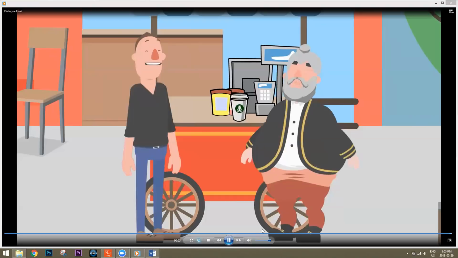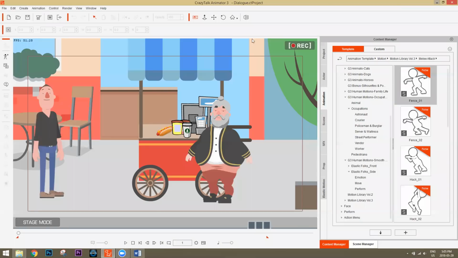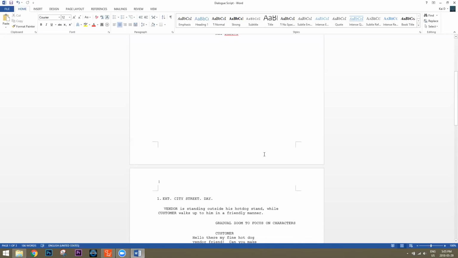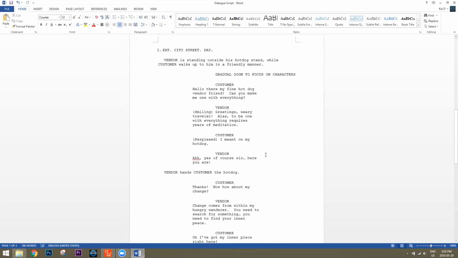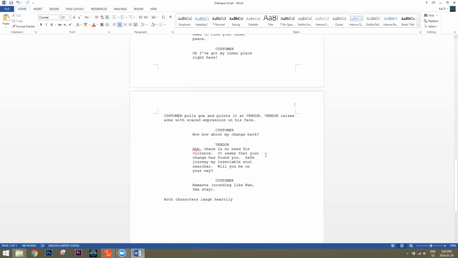Okay, so apologies for the super cheesy joke. But yes, that's what we're going to be trying to recreate. We're going to be recreating some of that, not all of that today, because I'm going to have to go through a little bit slower and explain things. If you want to take a look at the script, here's the script called The Lame Joke, a very accurate title. And this is the back and forth with the customer and the vendor.